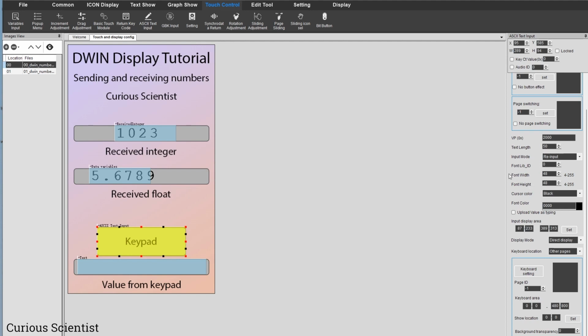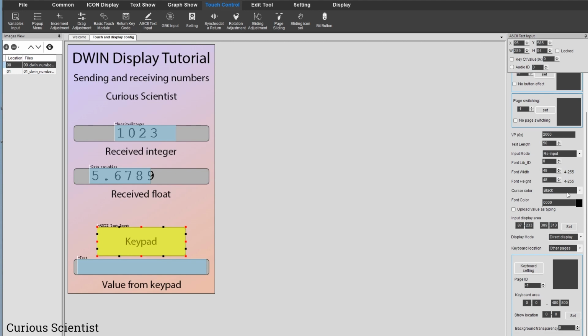You will see why, but yeah, it's again up to your own design how to change it, as well as the cursor color and the font color can be changed. I kept this unchecked, the upload value as typing. And then here we have to do kind of a jump. So what I'm doing now is